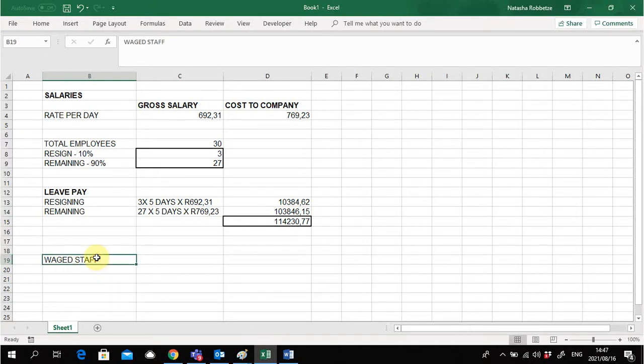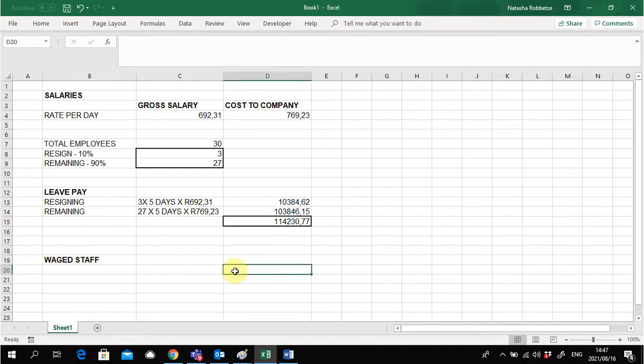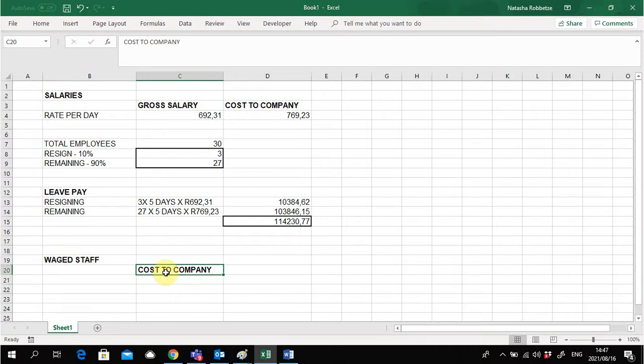And again, there we need to go and calculate a rate. However, they tell us that there are no wage staff who resigned. So because of that, we will not need to calculate the gross salary. We will only need to calculate the cost to company per day. So for the cost to company rate,